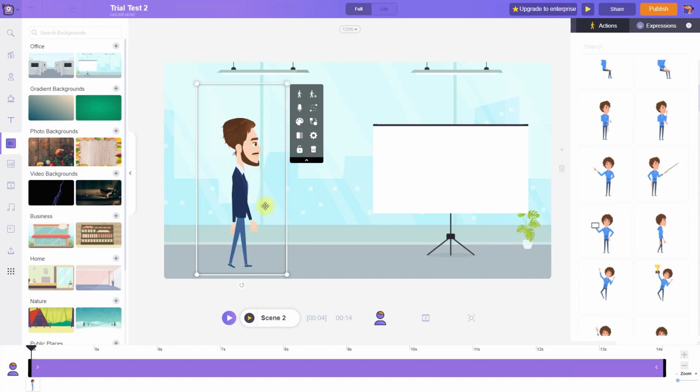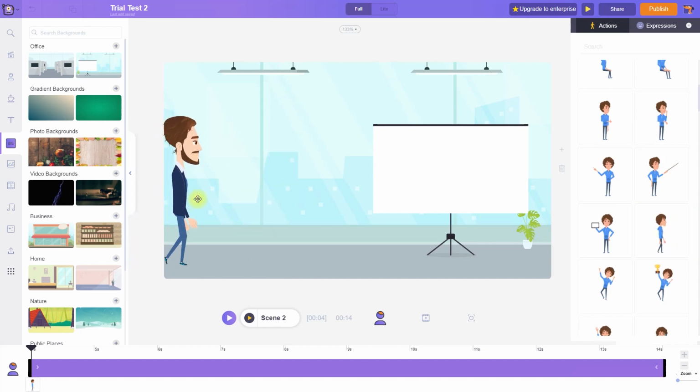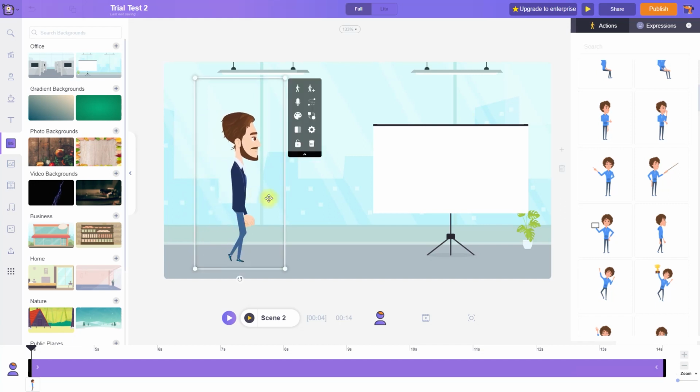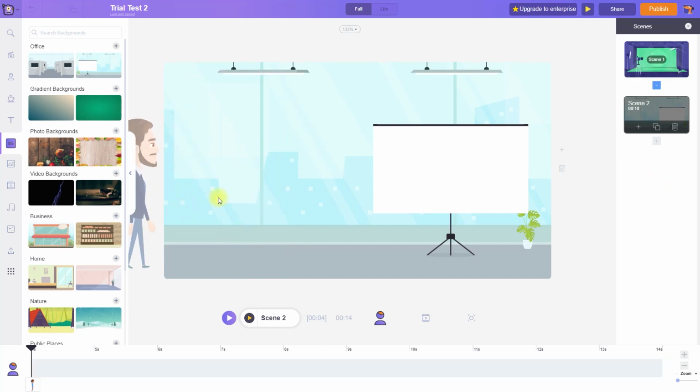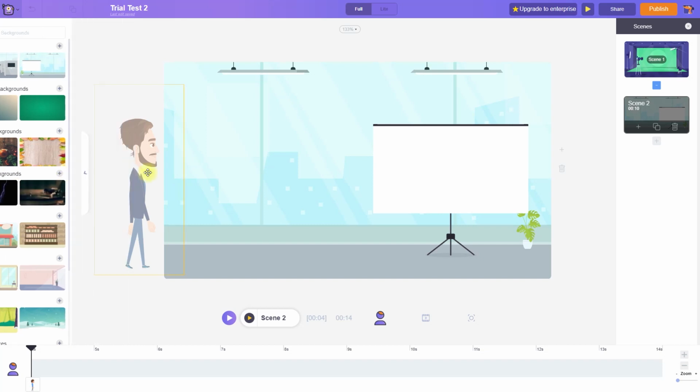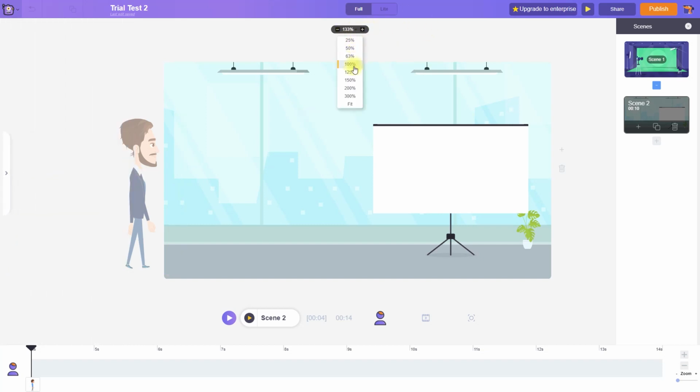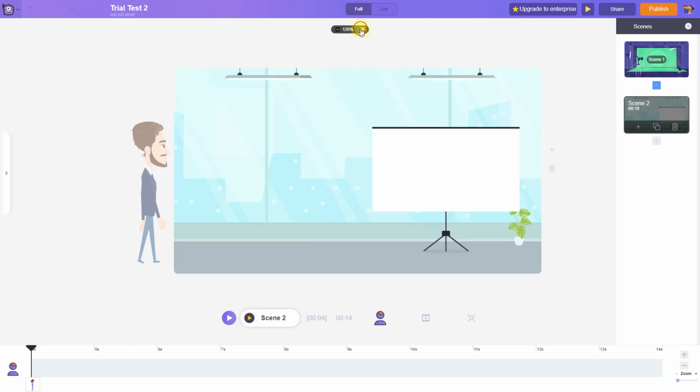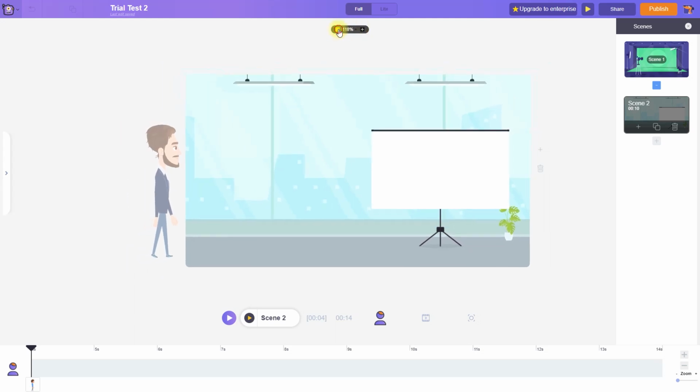So our character will start walking. Our character is walking on the same spot. It isn't walking, it's just moving. So what we need to do is to place our character over here and add a keyframe. You can see that this panel is hiding our character, so we can click on this arrow button, or we can just minimize the size of this panel by just clicking over here and choosing the smaller size. Clicking on this minus button also will help a lot.